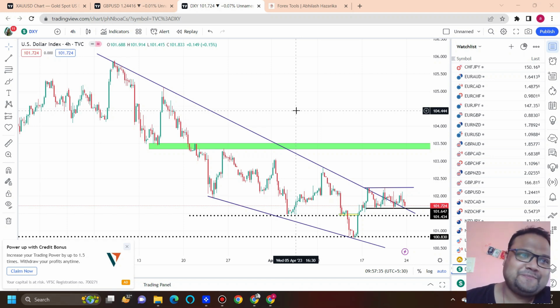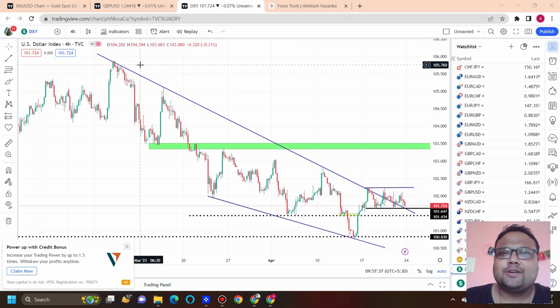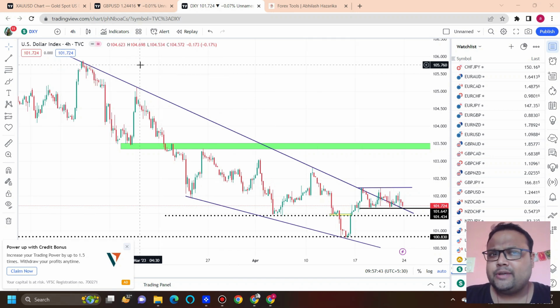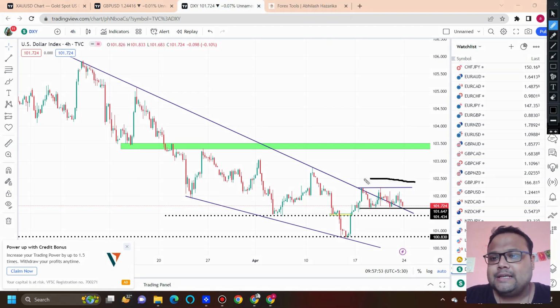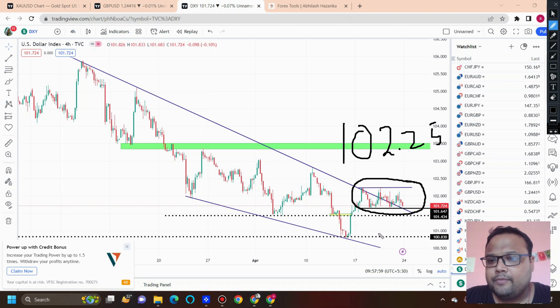So let's get started. My dear friends, this is the Forex chart of DXY, the US dollar currency index. The dollar is the most popular and traded currency in the world, so knowing the important levels of DXY is very important. After the failed breakout, we can see that DXY is trading inside a narrow range of 102.25 and